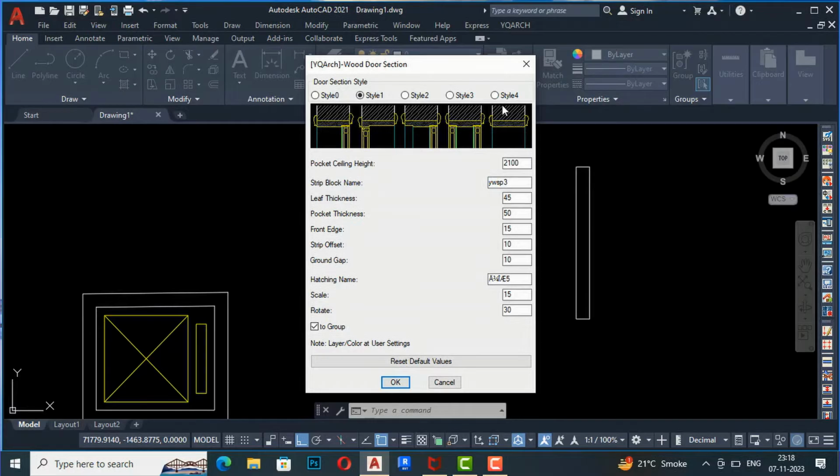So if you want different styles, you can select from this list. So I'm going to make this as a style 1, and pocket ceiling height, I'm keeping it at 2100. And strip block name, you can name this. Leaf thickness, you can set it from, and pocket thickness, front edge, strip offset, ground gap, hatching name, and scale you can set it from here, and rotation you can also set it from here. So I'm keeping these as a default. So I'm going to click OK,